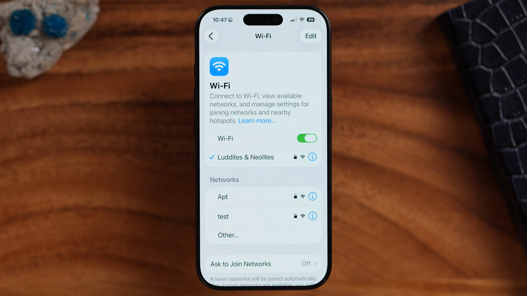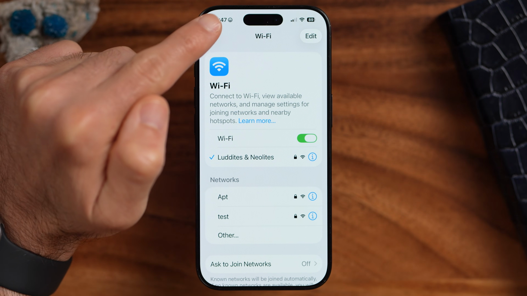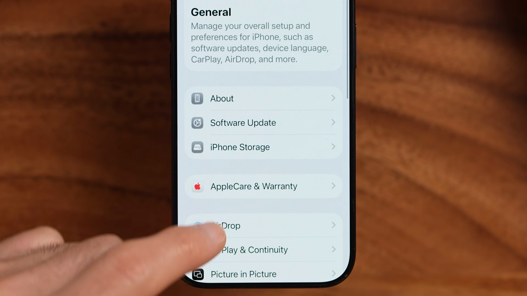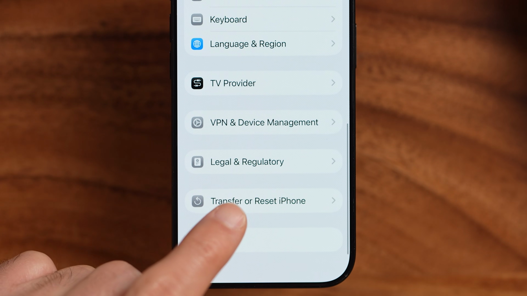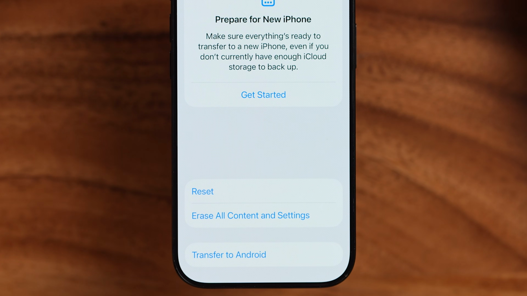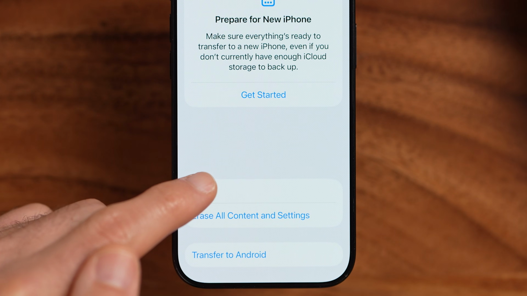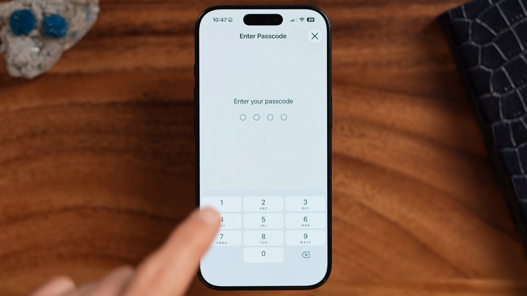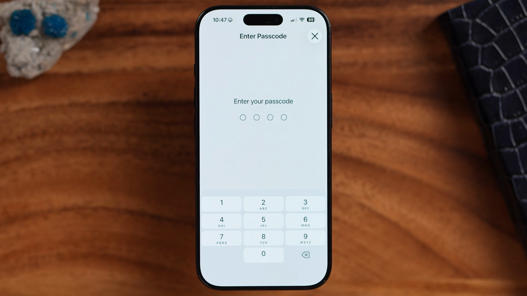After you've done that, and if it's still not working, we're going to tap the back arrow, scroll down and tap on General, and then scroll down and tap on Transfer or Reset iPhone. From here, we can reset your network settings, which almost always fixes it. So tap on Reset, and then choose Reset Network Settings. Just enter in the passcode for your iPhone, and it will reset those network settings. However, keep in mind, it will disconnect and forget your old Wi-Fi networks, so you'll need to manually reconnect to